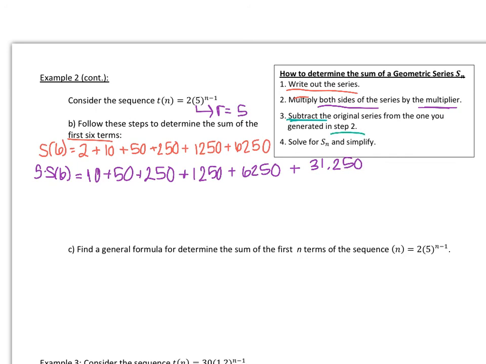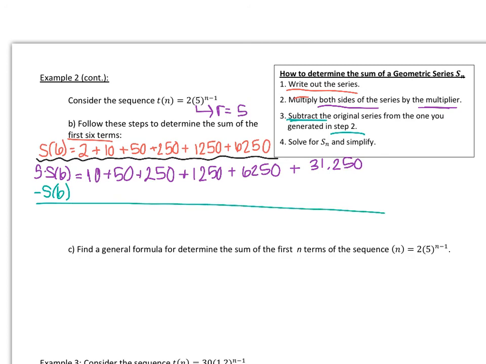So our original series is S of 6. What I'm going to do here is draw a little line. We just listed out the series, and then I'm taking 5 S of 6 and subtracting 1 S of 6. So I'm going to subtract S of 6 from the left-hand side and from the right-hand side. If I have 5 S of 6 minus 1 S of 6, that would leave me with 4. So 5 minus 1 is 4. So that would give me 4